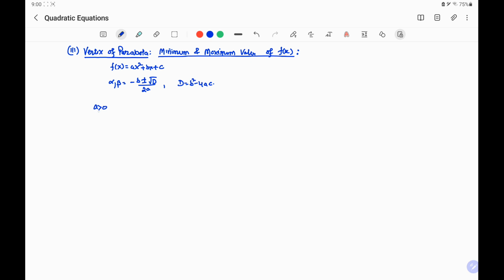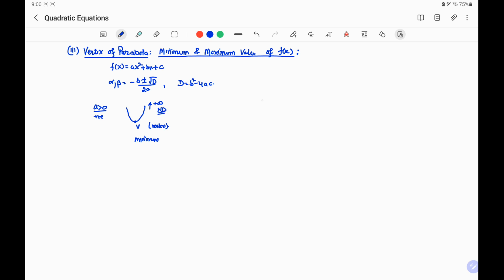For a greater than 0, that is, the coefficient of x² is positive, the parabola is upward opening, and V, the vertex of the parabola, shows the minimum value of the quadratic polynomial. While the parabola extends up to infinity in the positive y direction, so we will say that the maximum value is not